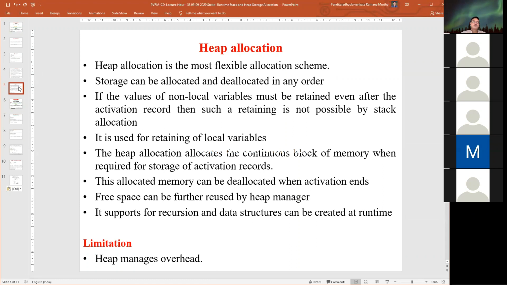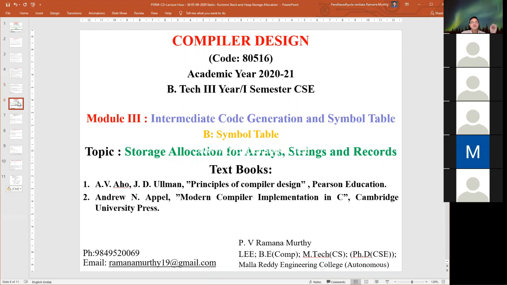It has to process each and every time where free memory is available, and it maintains this with the help of pointers to connect with a pool of free memory. Now in this class, we'll see one more small topic, the storage allocation for arrays, strings and records also.